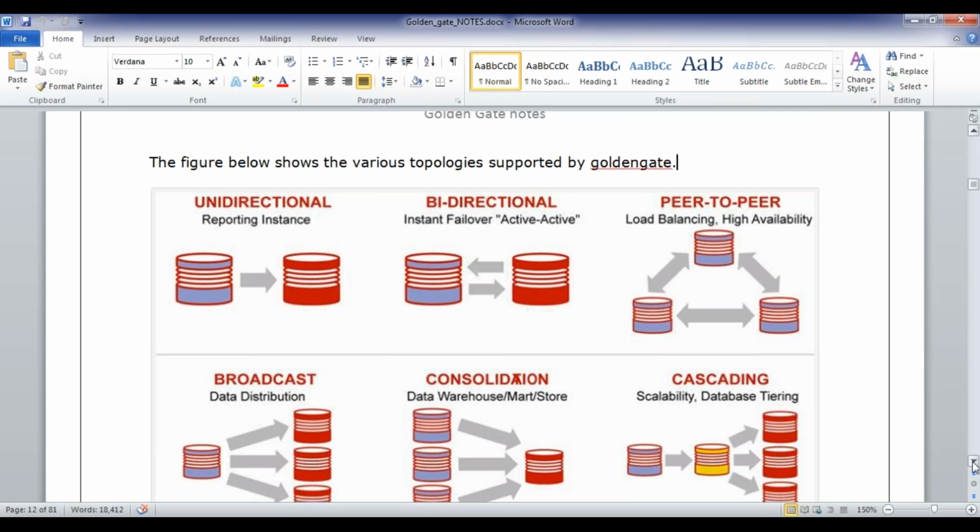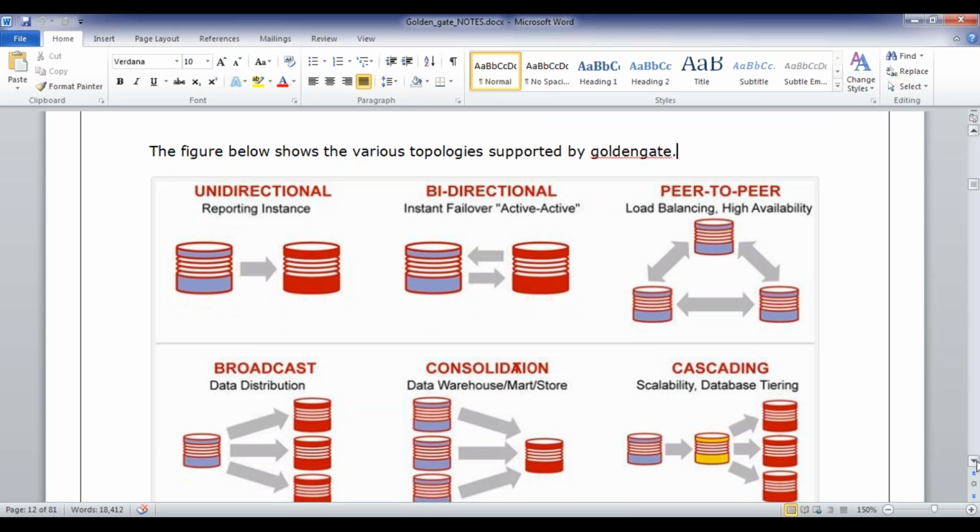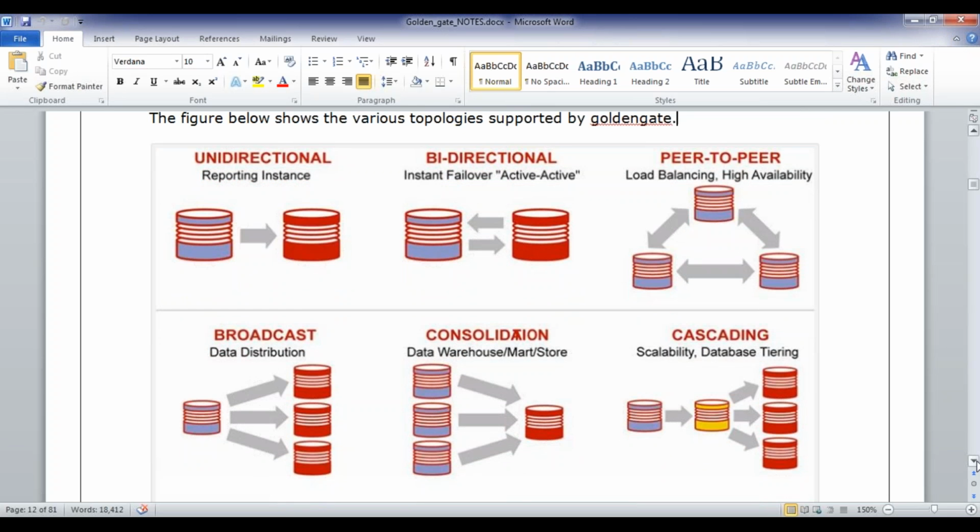Okay, I hope everybody is able to see the diagram. If anybody is not able to see, just ping me on chat. These are the different other scenarios where we are going to use replication. The first one, unidirectional, we discussed, which is nothing but separating OLTP from batch processing. The second one is bidirectional